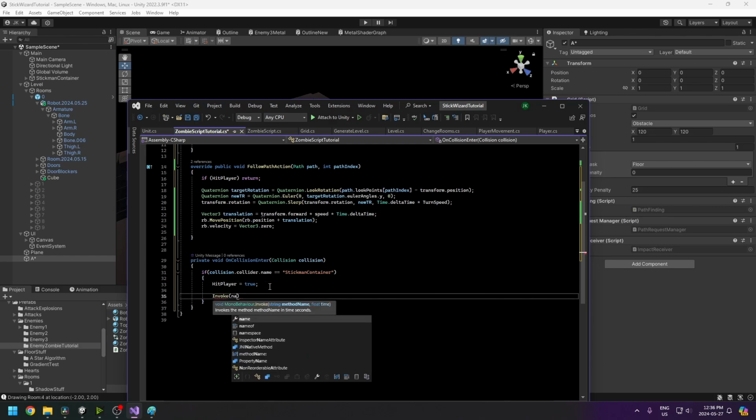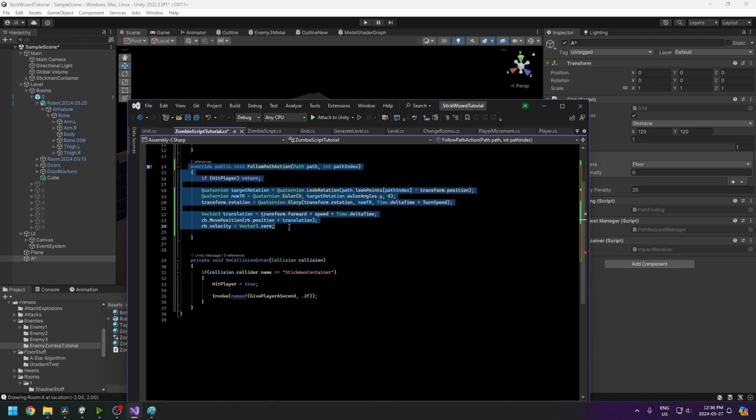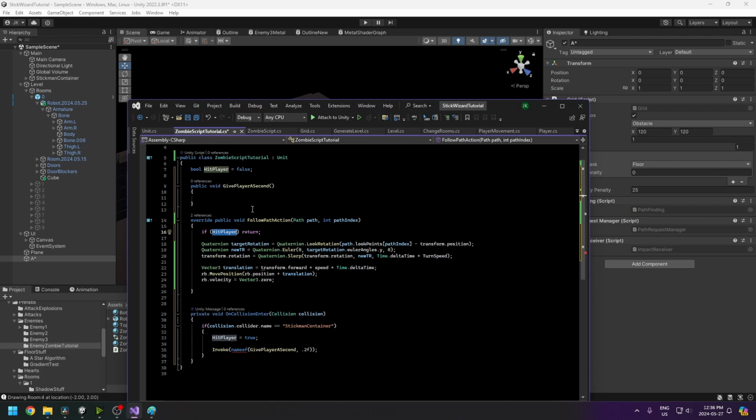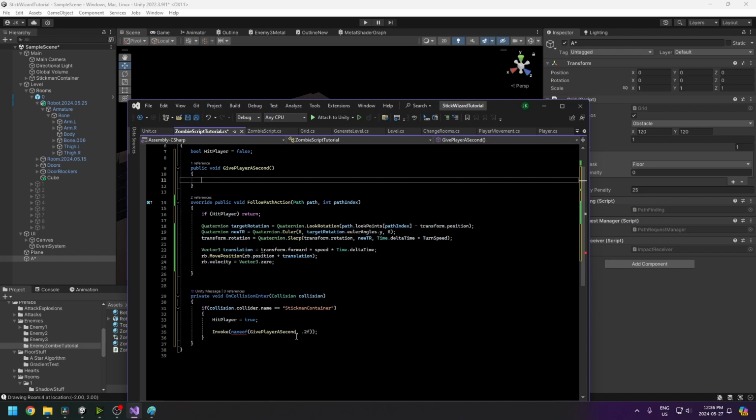So we can invoke "give player a second." And this is the time between, so the enemy is going to stop moving because hit player is going to be true, right? So we're setting hit player to true here. And the enemy will stop moving because this is returning from this. So this code is not going to run while this is true. After 0.2 seconds, then this will run and we'll set hit player to be false again so that he can